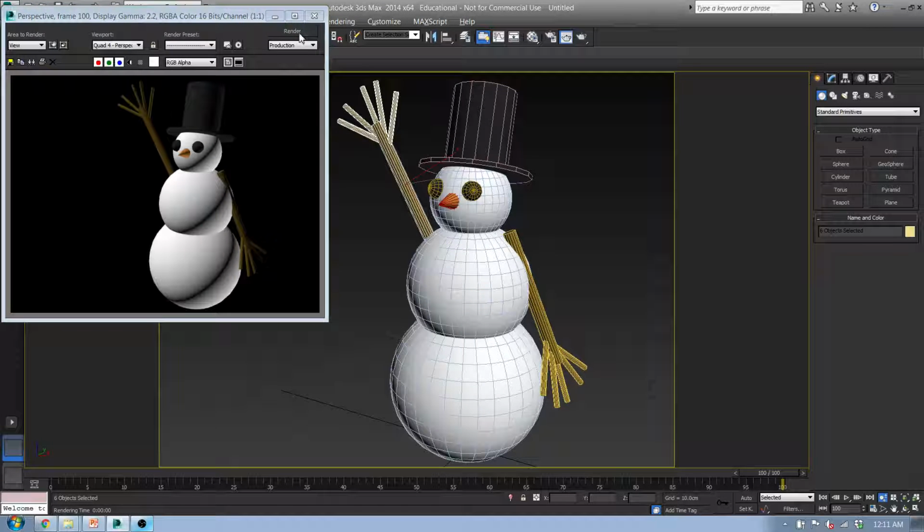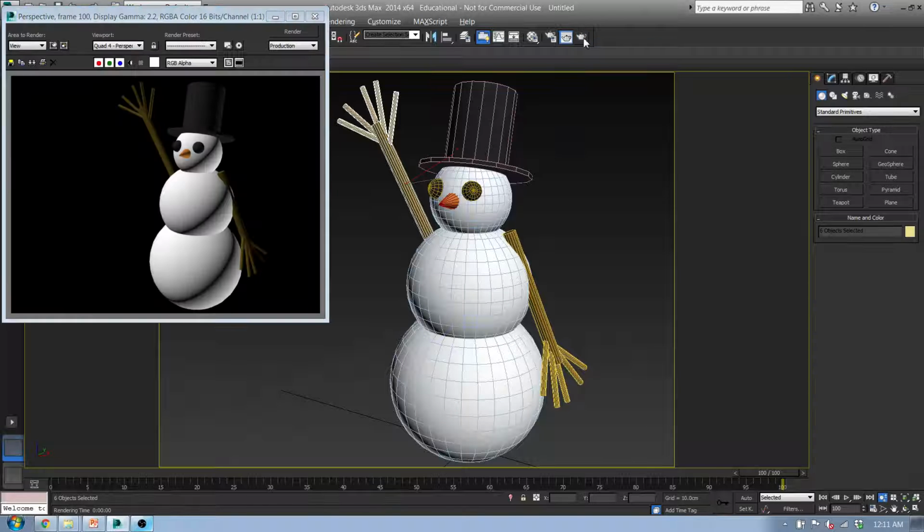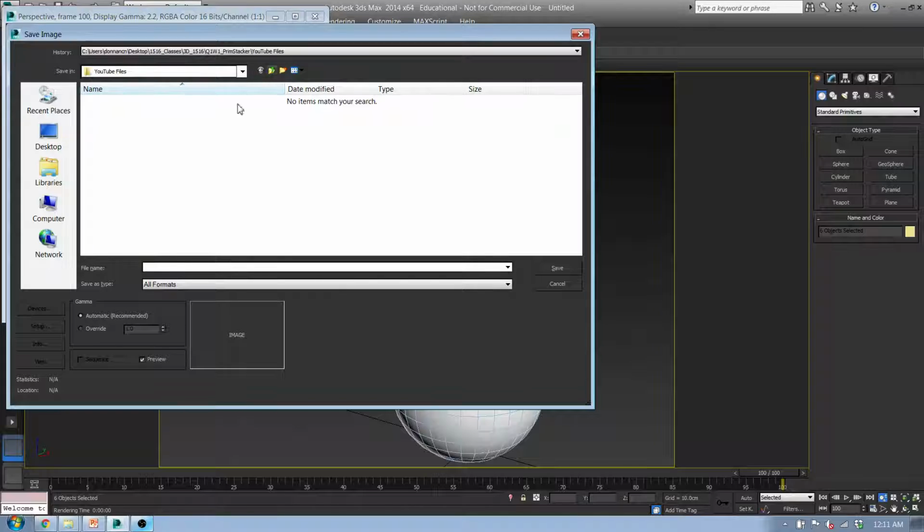We hit render. There we go. Now, if you want to add a scarf, well, let's go ahead and save that because we're running longer than I initially figured. We're going to render this out. Okay. Now I'm going to hit the save image, and I'm going to save this as Snowman